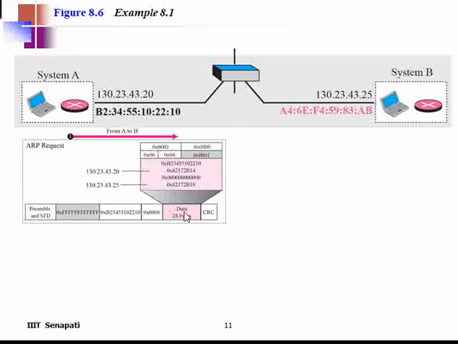It was encapsulated in the data link frame. So what you will do here, you have your source IP address and source physical address. The source physical address we have kept here. What else do you keep here? You keep here the destination address.